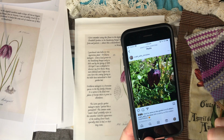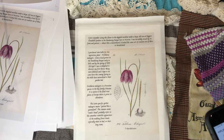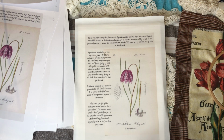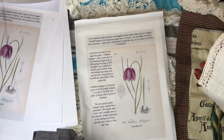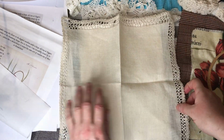Still crushing on this snake's head Fritillaria. I think I spelt it with a Y, probably not the proper spelling of it. So I'm thinking, if I do something like this, I might do that in the little booklet as a little experiment. So I just grabbed some of these before I came downstairs. This one's got some staining on it, so I wouldn't mind using it. And I'm wondering,